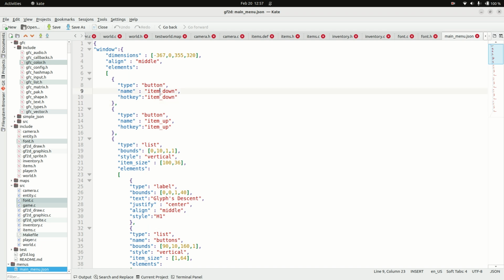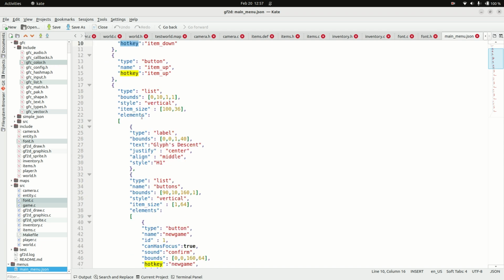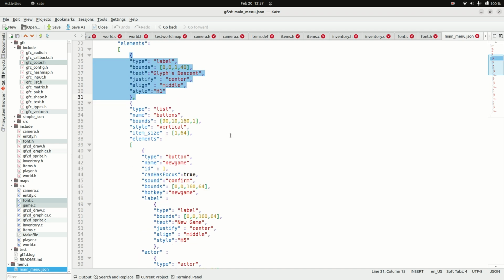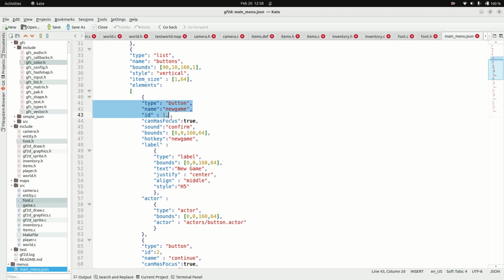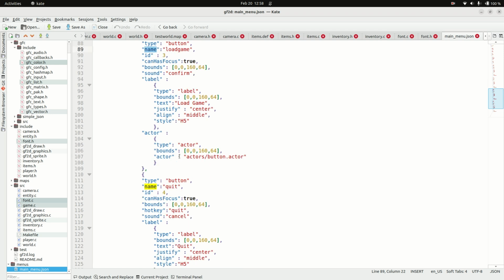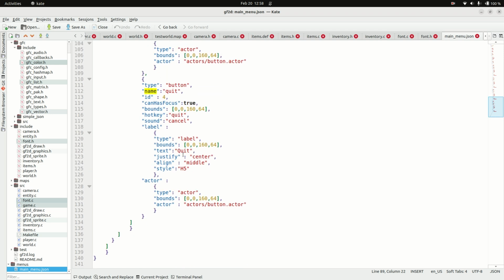It just has a hotkey. So I added a hotkey system based on the inputs, which is based on GFC input. So if you want to work with that, you have named hotkeys for things. Here's a list, the vertical bounds for it. Each item has a size of this, and then each element has a label, and there's a list, and in this list we have this button and that button. And then in the code, I would check to see for things like